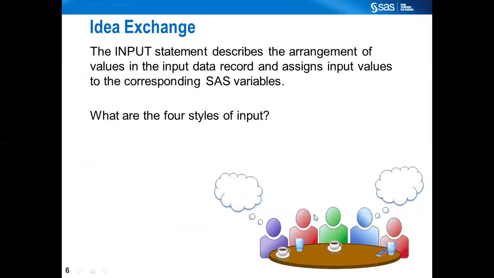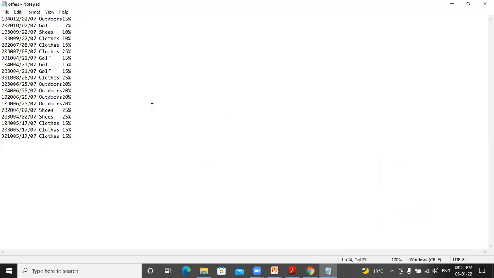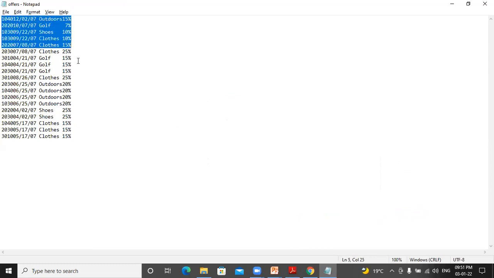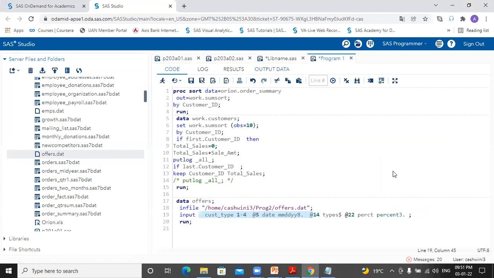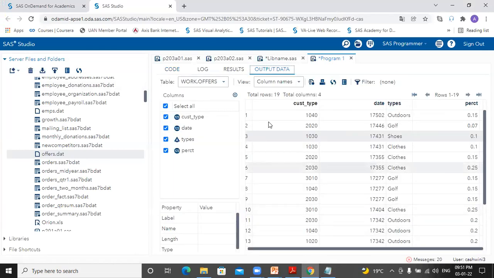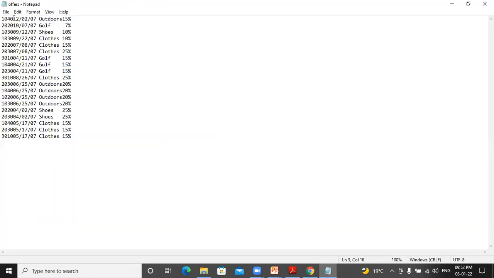But our table is not exactly like the raw file, right? This is the raw file, and this is our converted, expected output data set. In the data set they show different dates, like 15 December. That is what it's telling: your original raw file has the data in a formatted form of date.